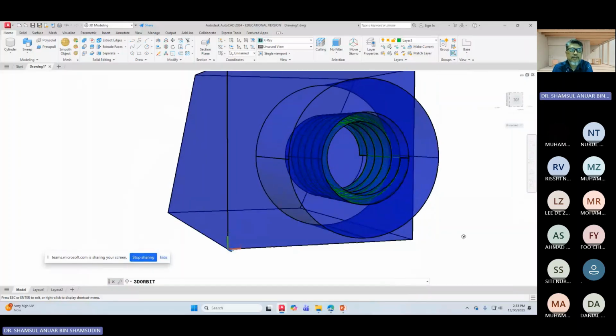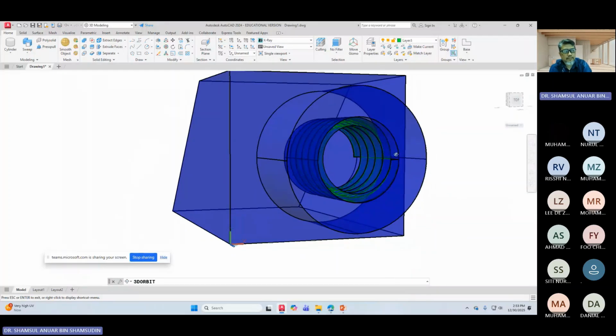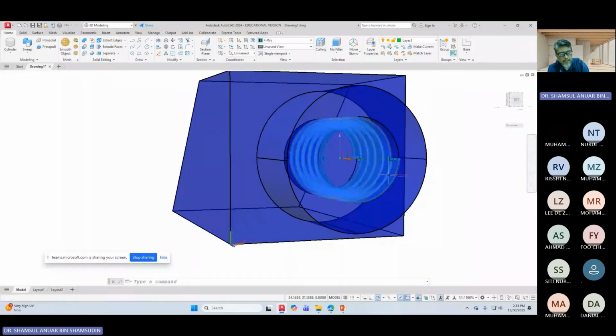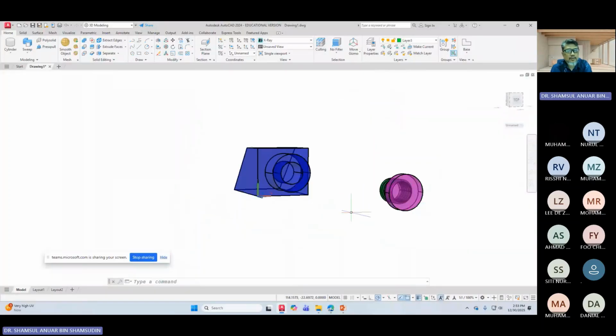This one side. Okay, another way is to, yeah, this is not. Okay, another way is to